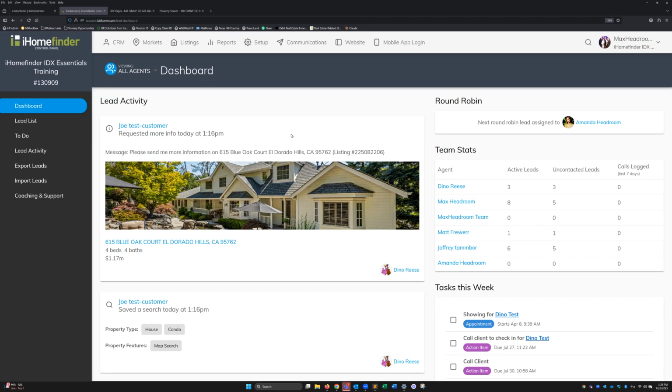Today we're going to take a look at how to add a lead and edit a lead in a Max Pro system. The dashboard is where you actually log in and land. At the beginning, when you log into the IDX control panel, we're going to go ahead and go over here